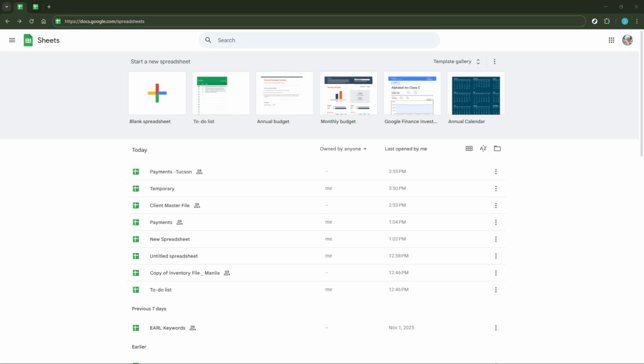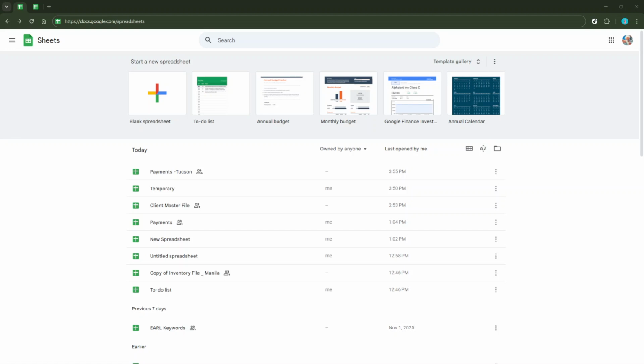In today's video, I'm going to teach you how to change ownership of a spreadsheet in Google Sheets. This is an essential skill if you're moving responsibilities, collaborating with a team, or simply need to transfer access to someone else. In just a few minutes, you'll have all the knowledge you need to complete this task smoothly. So, let's dive right in.